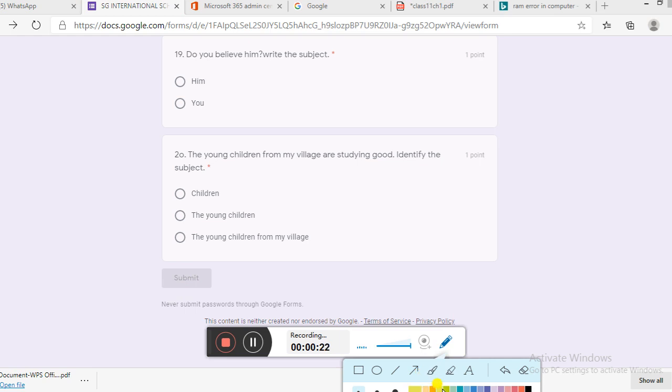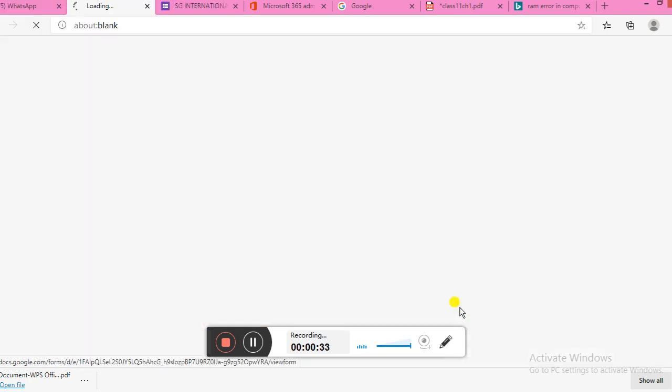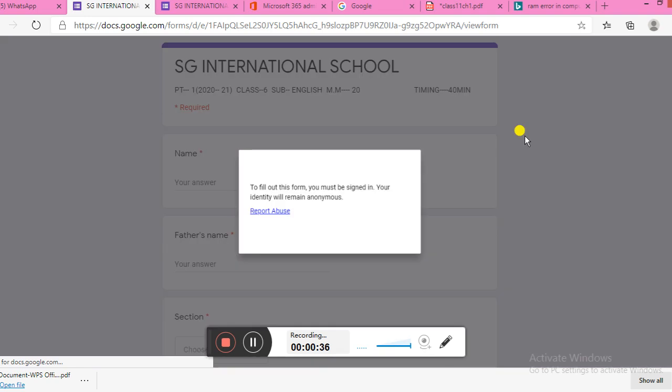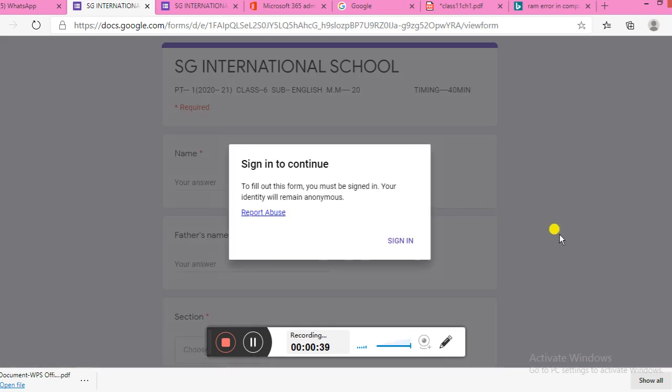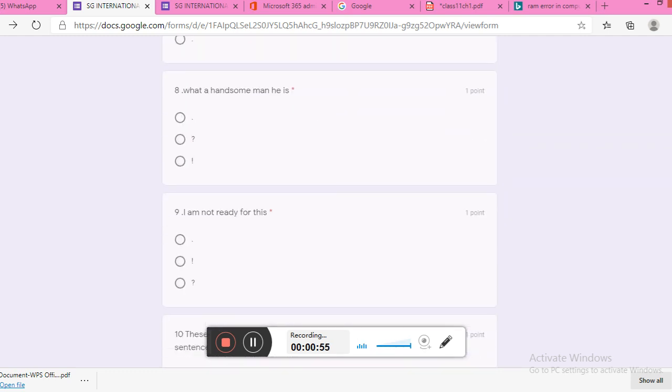In what case will they get that error? There is only one case: the student is not logged in to any Gmail account on the particular web browser. Suppose I try to open that particular link. I am able to open the link. By default you will get the sign in, but you just skip that part. You are able to type all the things there, the name and everything, but still at the last option,